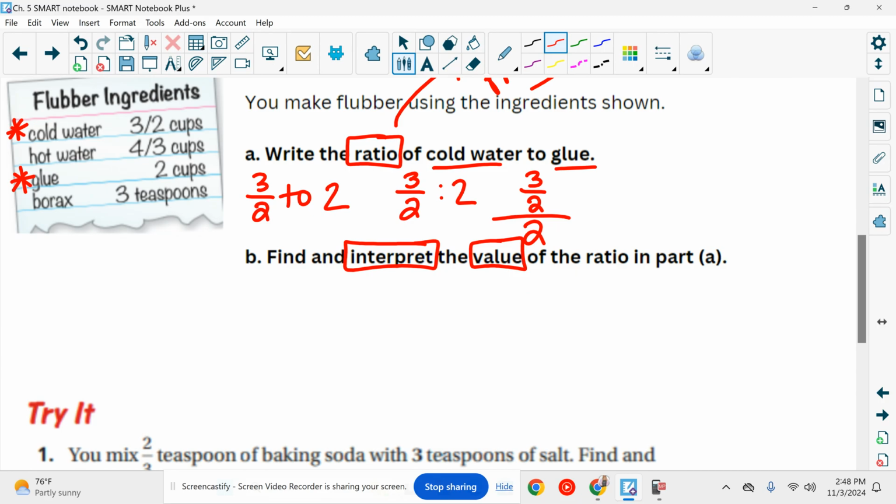Value tells me how much, what it's worth. So if you go back to the 3 forms, which one gives you a number, or one that you can find a worth for? Okay, the value of a ratio is going to be the fraction form. You're going to want to write it as a fraction, just like up here